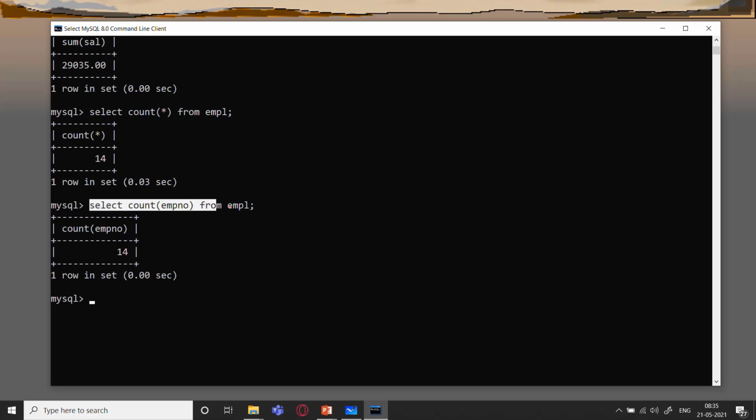In case of this variant, it will not count the null values, whereas in case of the first one which I showed you, it will also count those tuples which have null within them. But in this case, if EMPNO has a null value for a certain tuple, it will not be counted.